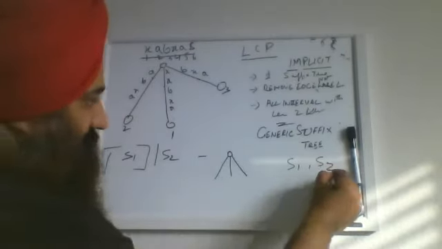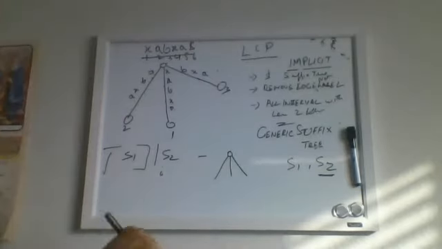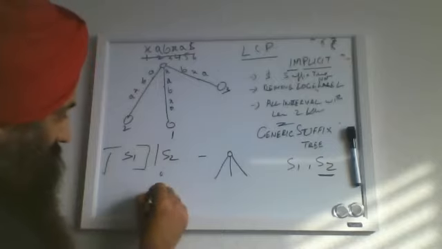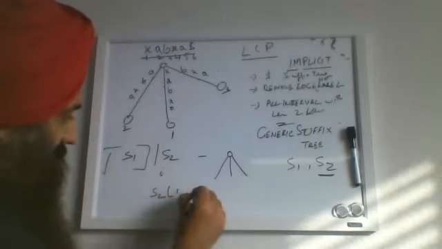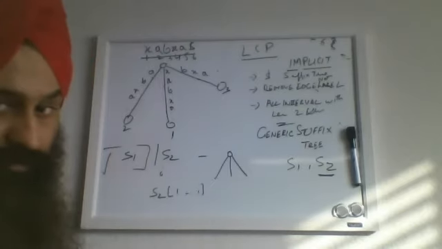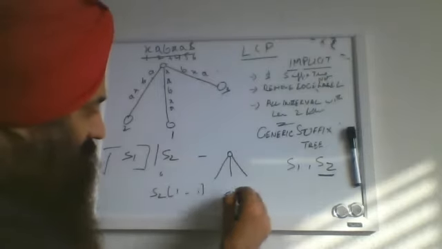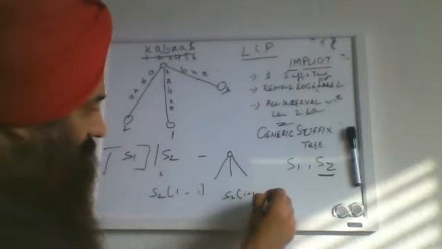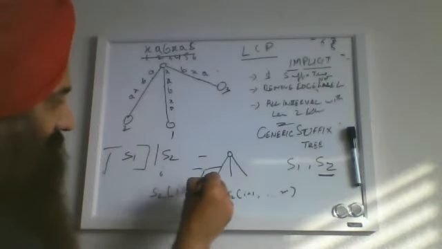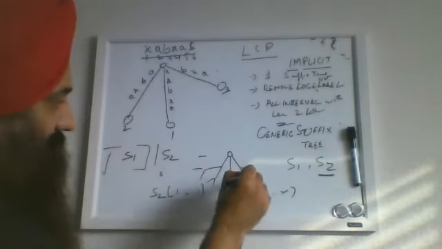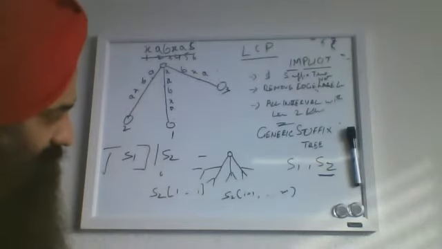Suppose in your second string the first i characters match. That means in that suffix tree, for string s2 from 1 to i has already been incorporated into the suffix tree, right? So you begin at s2 i plus 1 to m, pick up the characters and add them to the suffix tree. So that will represent your generalized suffix tree made from two different strings.